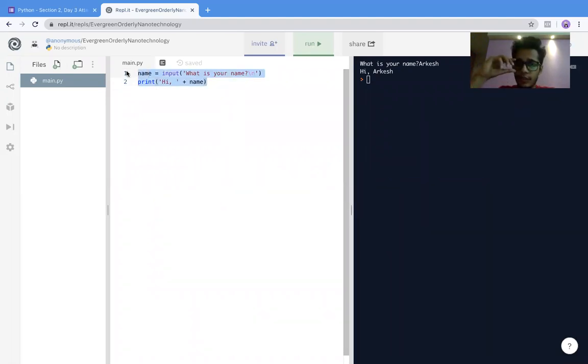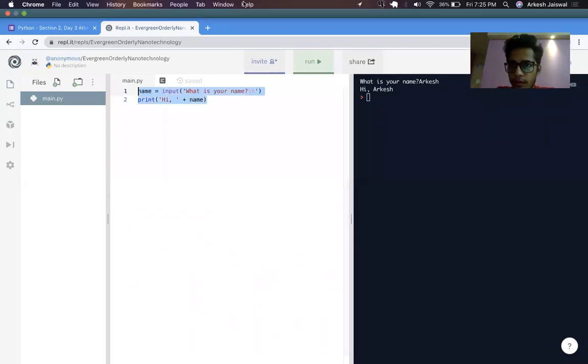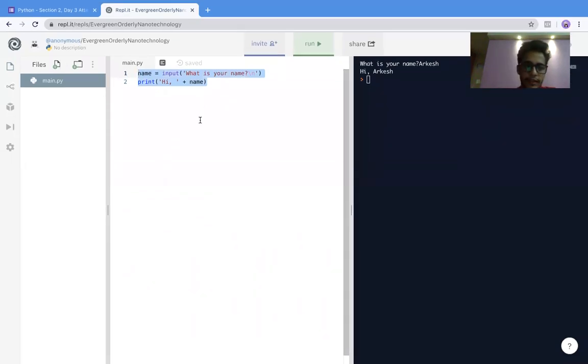Now for your next step, what I'd like to do here is demonstrate a program which takes it a step ahead. So let's cook up a problem statement here. Let's say you're given a number and you have to print whether it is divisible by 3.